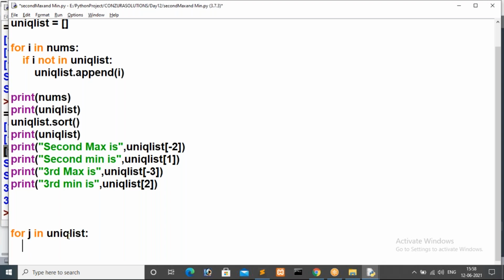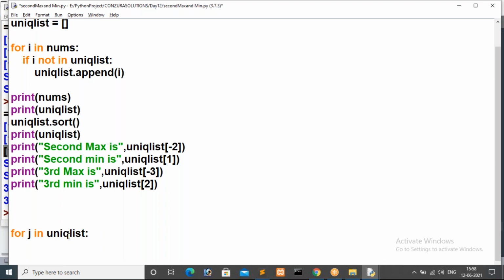That is over. Now I want to find the count of values. For that, which method do we have to use, guys? I want to know how many times a value is repeated in a list. For that, we have a special method in Python, in list. Do you know which one we have to use? Absolutely, count is the method.